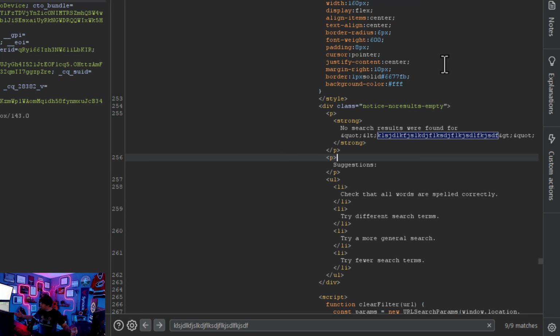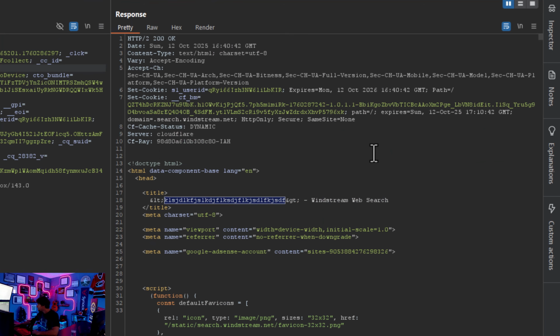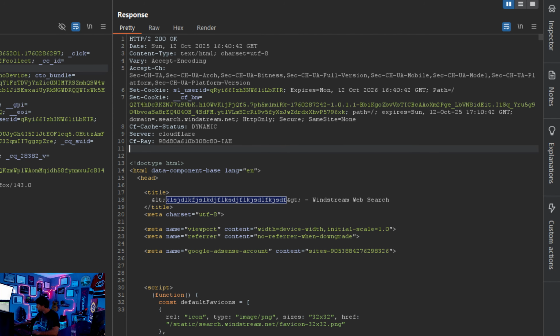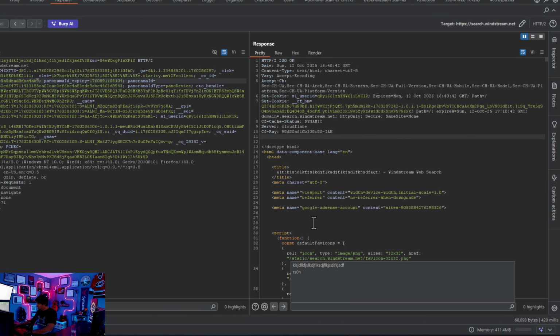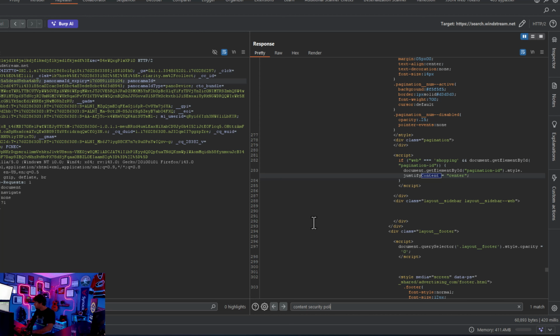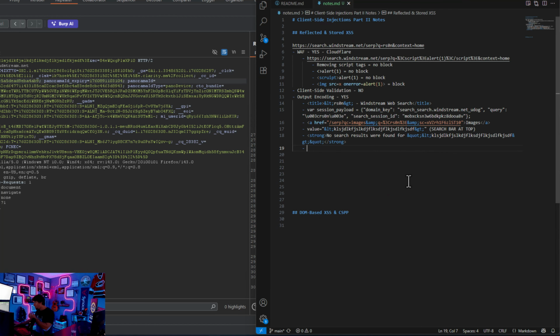So without the arson in the search results, we've got 9 different ones for this very unique canary, and I think that's a good start. I'm not seeing any evidence of server-side validation right now, but that certainly doesn't mean it's not there. It definitely looks like output encoding is one of the main things they're relying on. Let's also take a look at their content security policy, which I'm not seeing at all, unless it's written in a meta tag here. Anything? CSP. I don't believe they have a content security policy. I need to poke around a little more, because again, content security